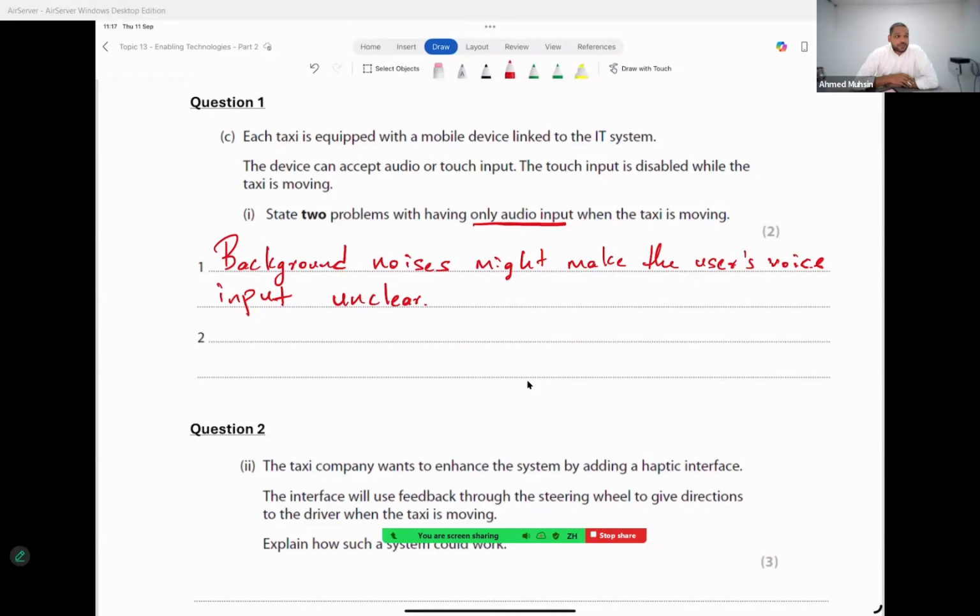What shall we say? Who might not be able to talk. For them to give input, it might be a problem. Let's talk about that. Users with health conditions that prevent them from talking will not be able to use the system. Sounds much friendlier. Users with health conditions